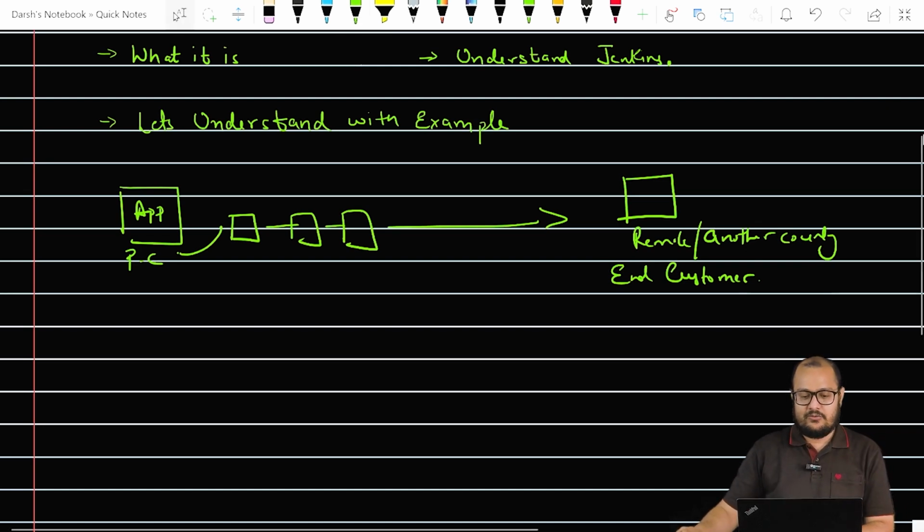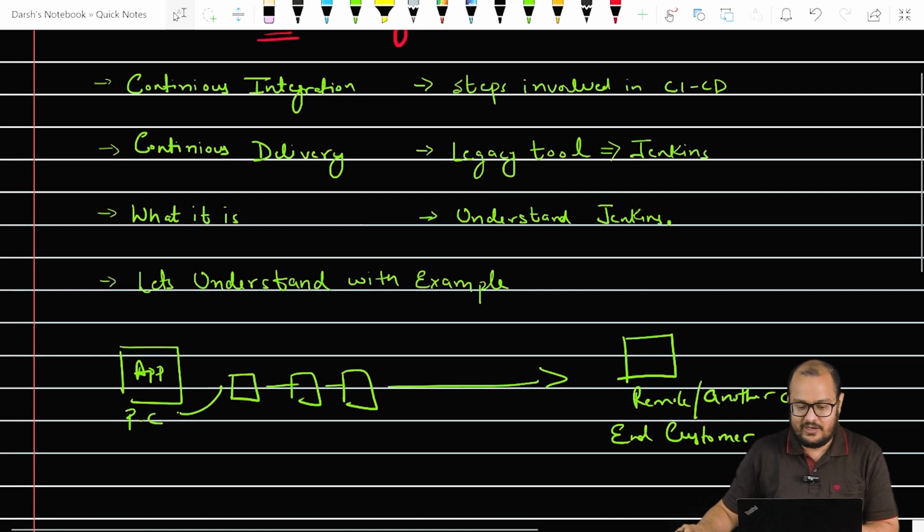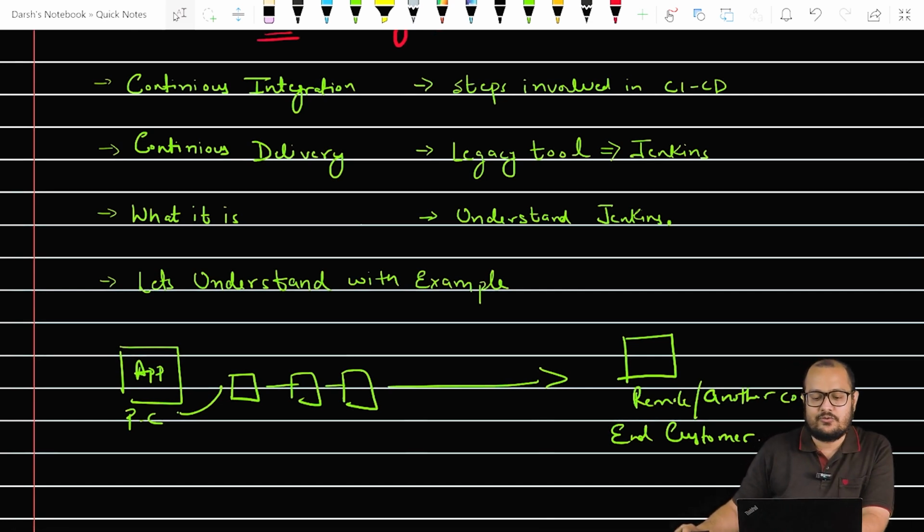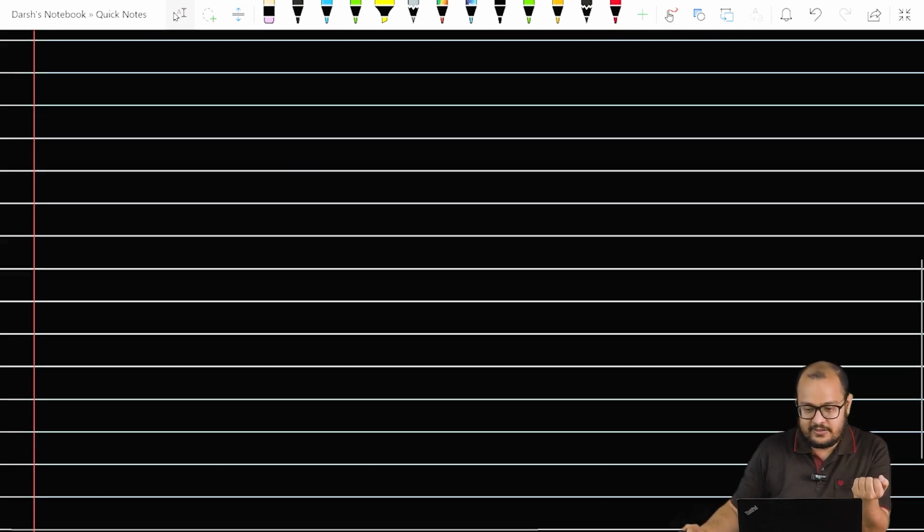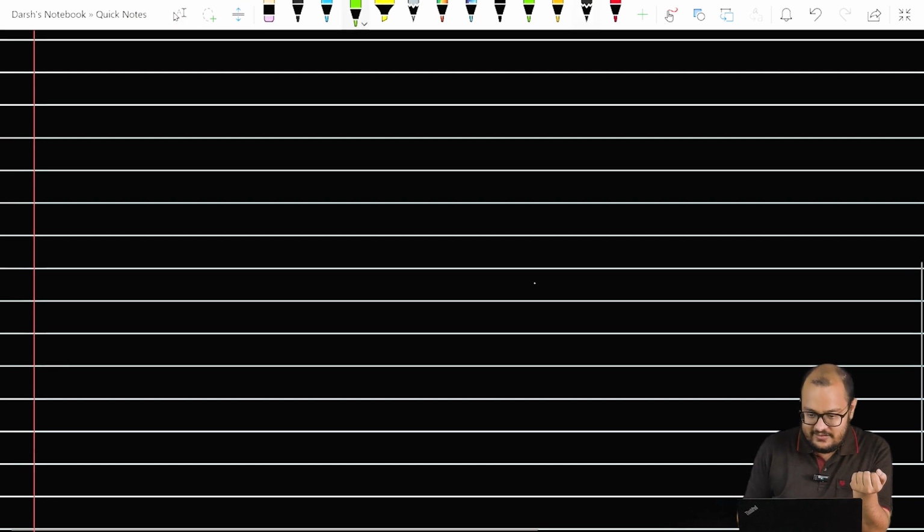Okay, so now coming to next part, we have understood what it is, we have understood with an example as well. Let's further move to steps involved in CI/CD. So what are the steps? What are those steps am I talking about? Okay, let me just write it in a clean manner. Let's use the green pen. So the major steps include unit testing,